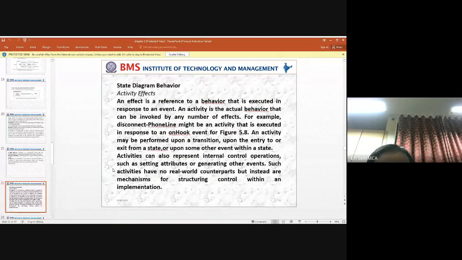What type of event it is, what state it has to change to, and how the state will change depending upon the situation. And after changing, how the state is going to behave with respect to the temporal behavior that has to be observed.